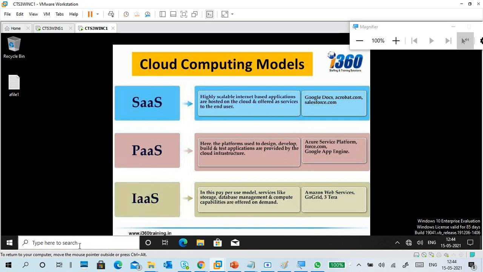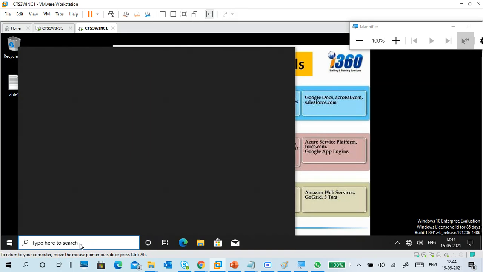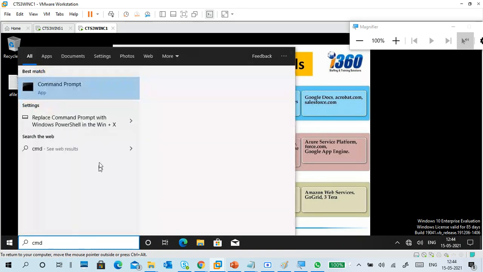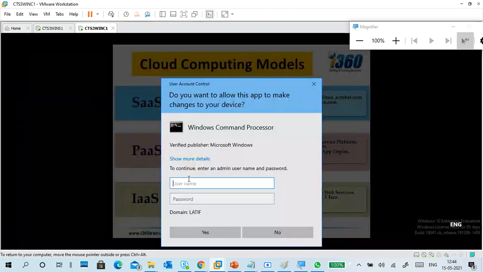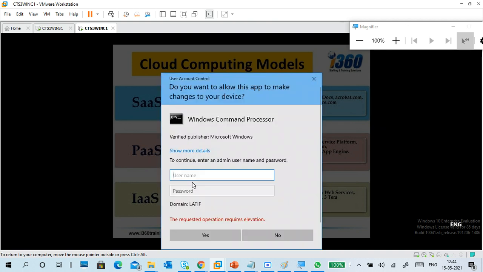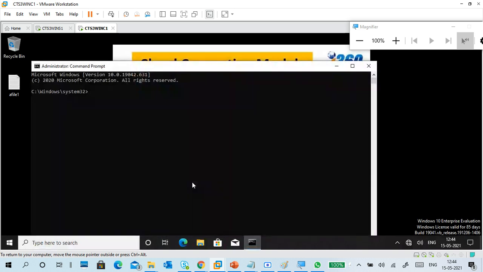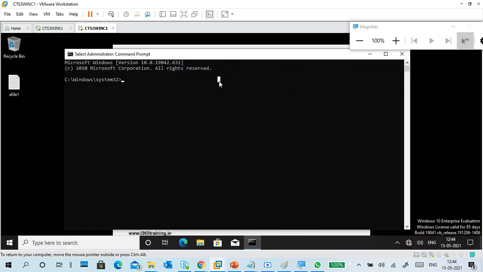Open CMD, run as administrator. Why am I giving Apurva? Because Apurva is also an administrator. No, it is not administrator now, so I have to give administrator. I added to the group, I think. Okay. So run as administrator.